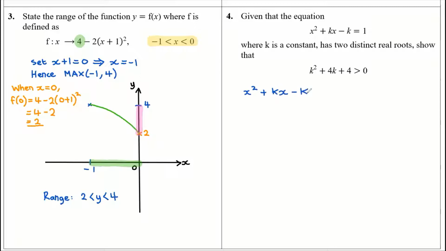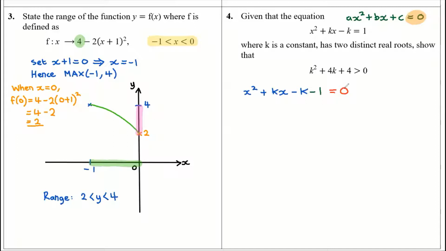Now, in order to use the discriminants and the quadratic formula, you have to have your equation in the form, which I'm going to just write down. And it's really important, this, because it's often overlooked. Ax squared plus bx plus c equals 0. And it's the right-hand side which is absolutely key to this. It has to be set equal to 0. Okay, so I have to subtract 1 from both sides in order to continue this question. So if I subtract 1 and then set that equal to 0,